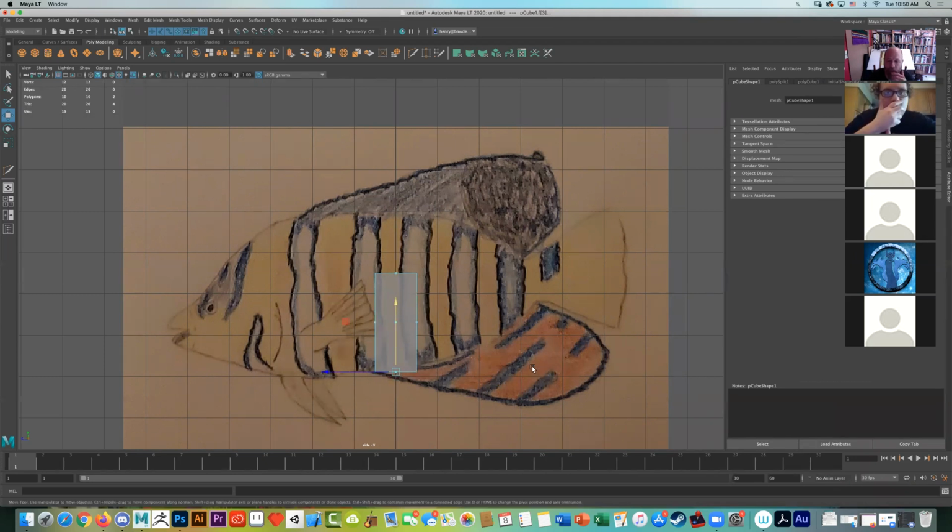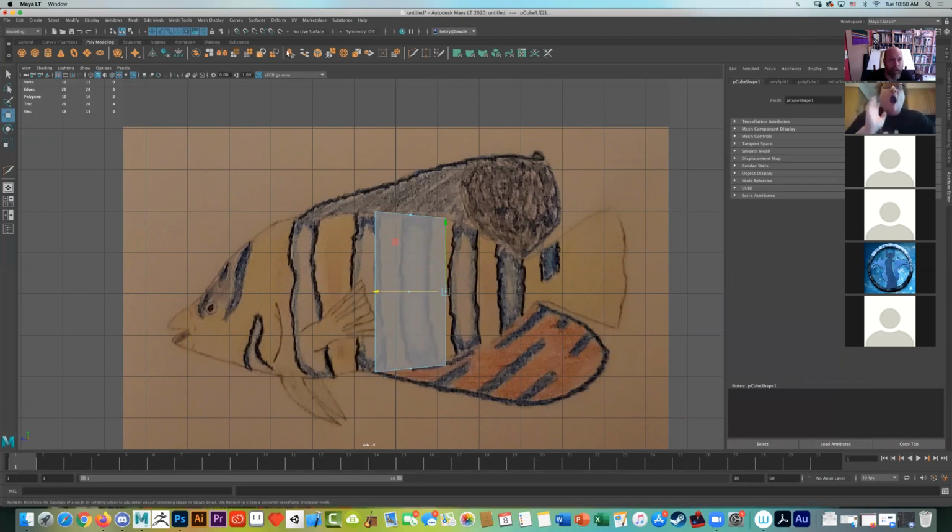But I can make a decision about whether I want these to be solid pieces of geometry or if I just want to model the body of the fish and have the fins come off as separate pieces of partial transparency planes. And that really comes down to a choice. So I'll show it a little bit in both ways. So for example, if I wanted to do it with the partial transparency rather than fully modeling the fish,